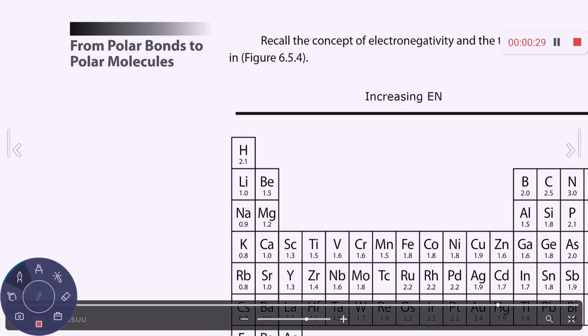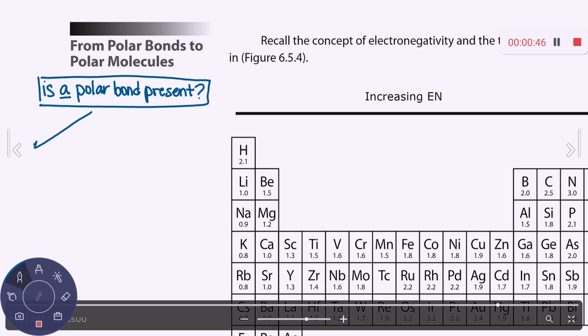Okay, so the first question is: is a polar bond present? If the answer is no, then it is automatically a non-polar molecule. And what is the polar bond range? 0.4 plus, basically. Okay. All right. And then if the answer here is yes,